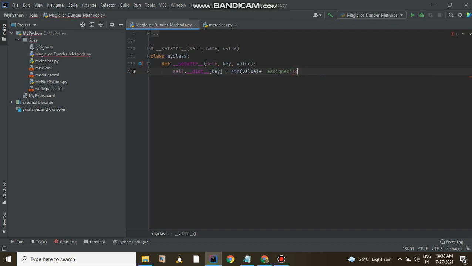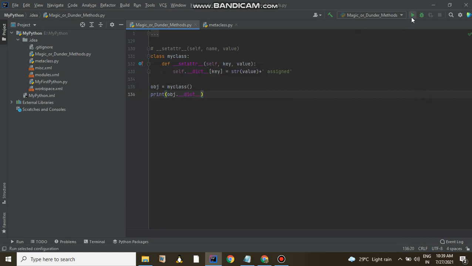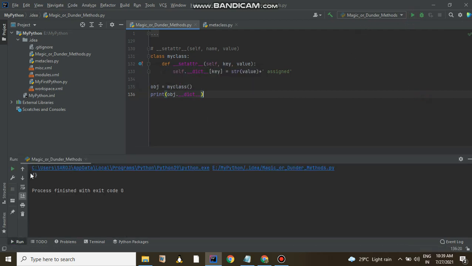Okay, now this much is done. Now let me create an object of it, obj = MyClass(). Then suppose I want to print obj.__dict__. I hope it will give me blank, right? This is the empty dictionary. But let me assign something here.